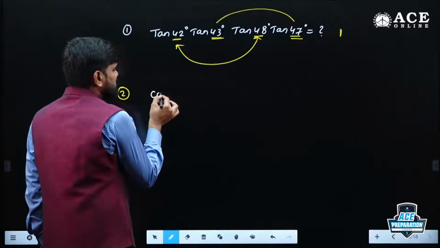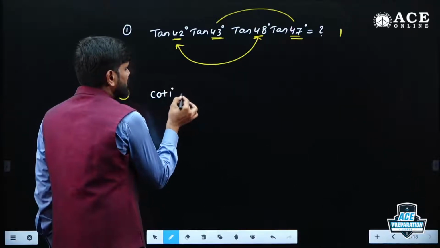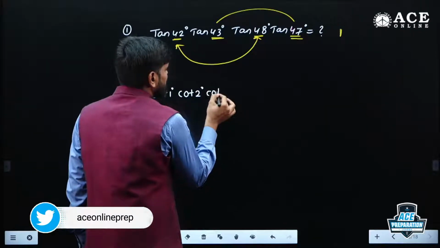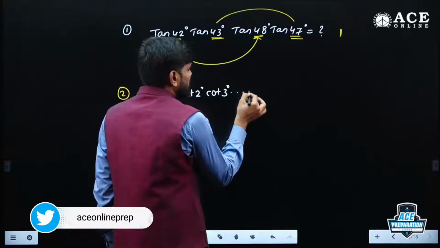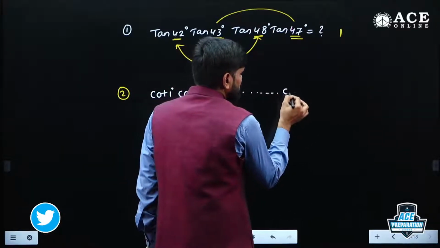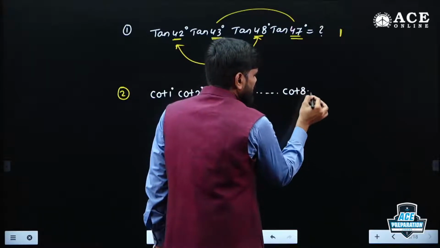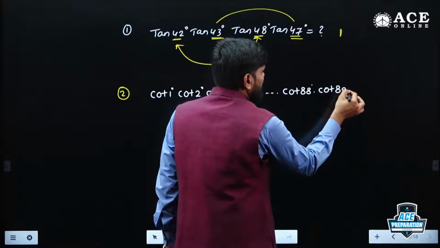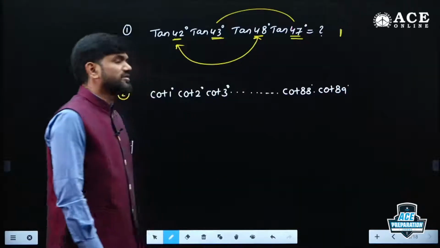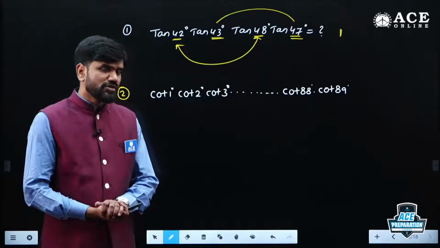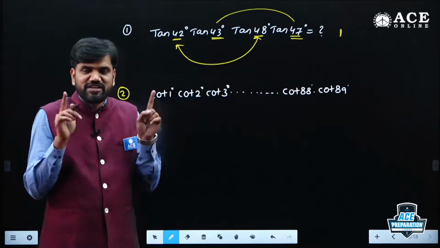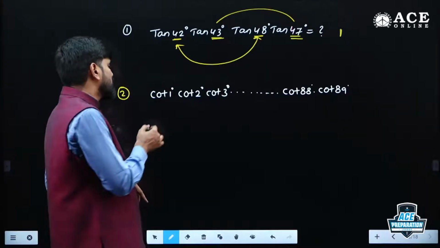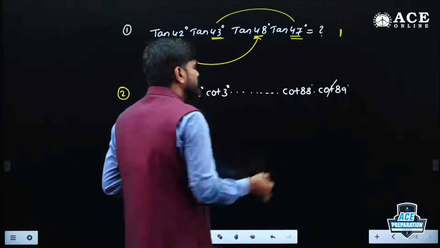So, it was given like this: cot 1 degrees, cot 2 degrees, cot 3 degrees, like that. They have continued up to cot 88 degrees, cot 89 degrees. That is another problem. So, here also if you pair up x and y together equal to 90 degrees, you can take that product as 1. If so, cot 1 and cot 89 will give you the result as